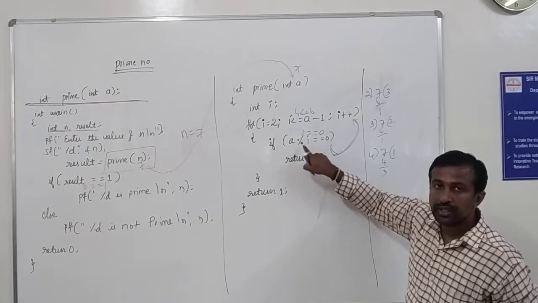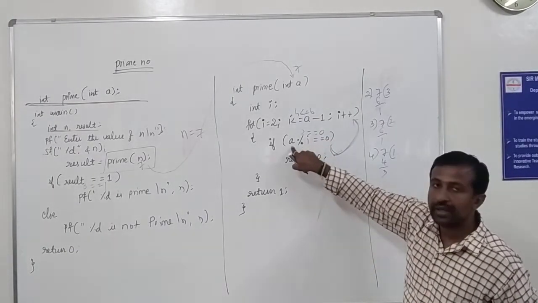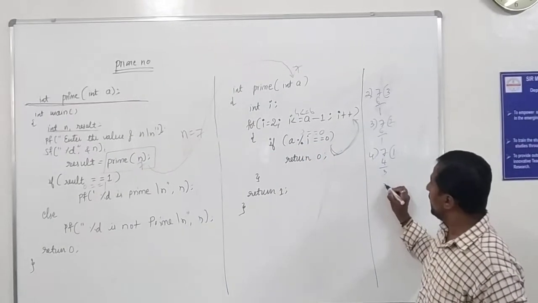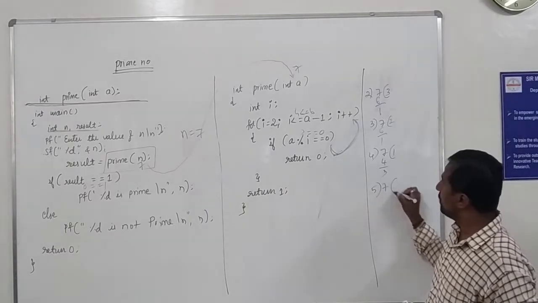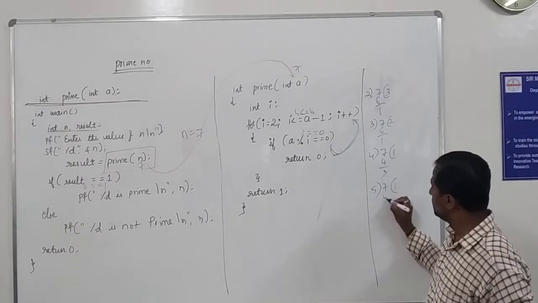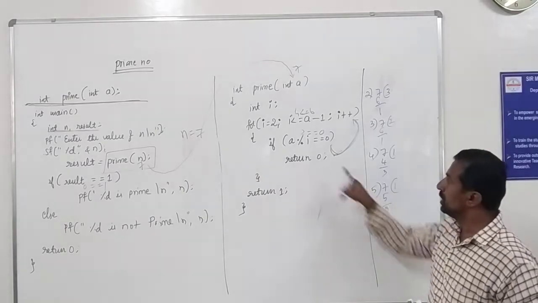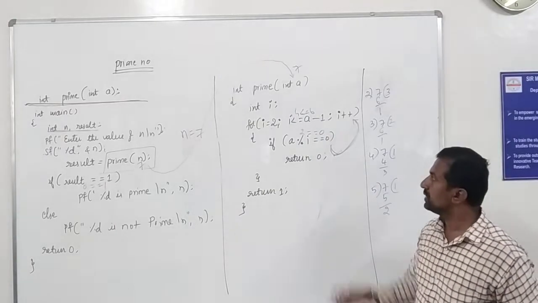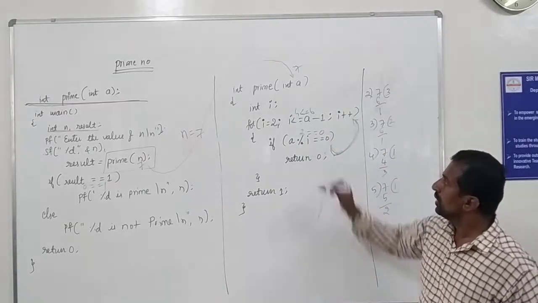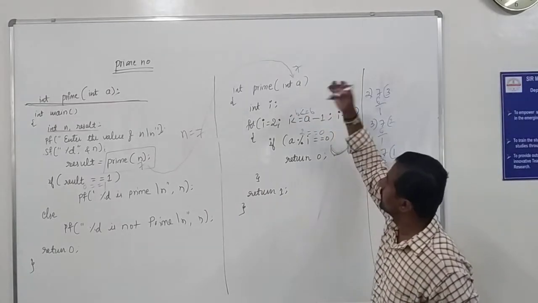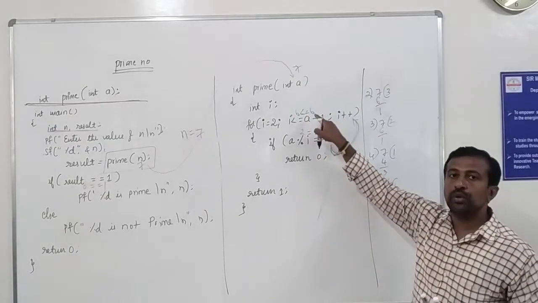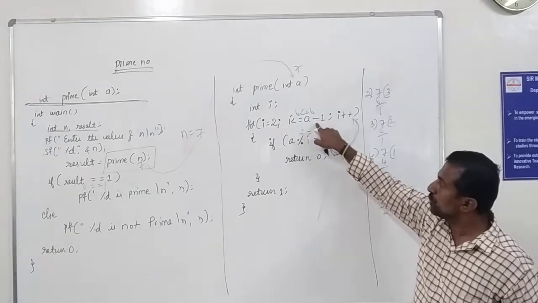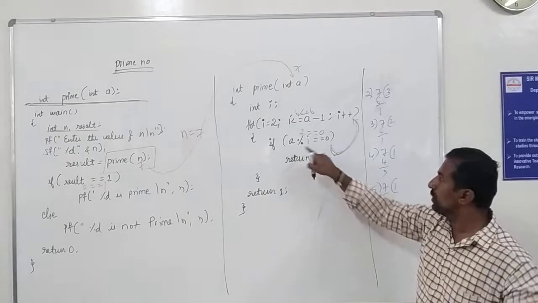Yes, condition true. Substitute the value of I and A here in the if condition. So what are the updated values of A and I? A value is the same, but I value is 5. Divide this. 1 5 is 5. Remainder is how much? 2. Substitute here in the if condition: whether 2 is equivalent to 0? False. False means increment the I value. Now I becomes how much? 6. Whether 6 is less than or equal to 6? Yes, it is equal to 6. So the condition becomes true.